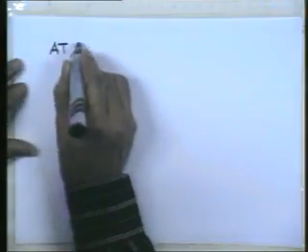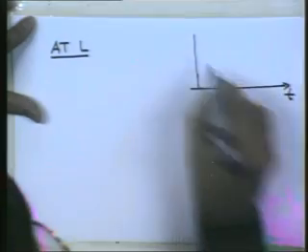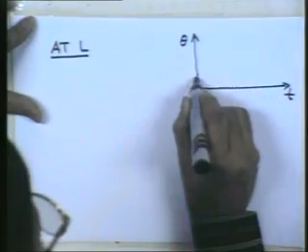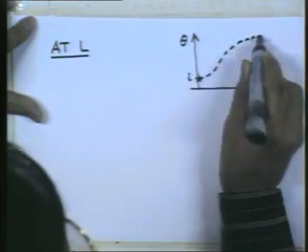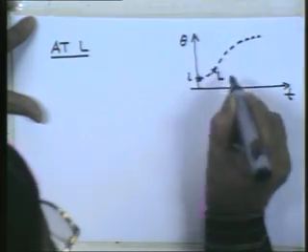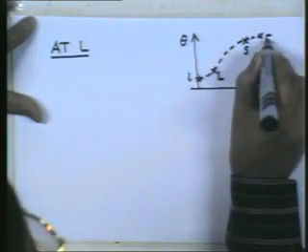So we need to generate 8 more equations based on the intermediate positions L and S. Okay. So, at L, just for your benefit, let us look at the time graph again. We are talking about the lift off position here, this set down position here, and then the final position there.